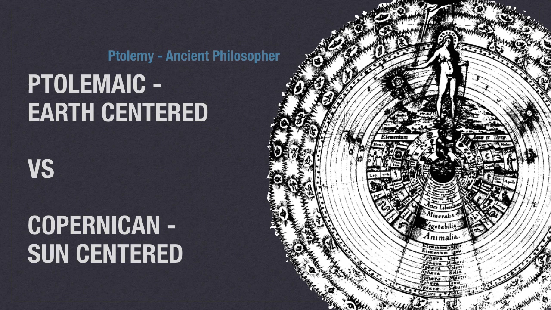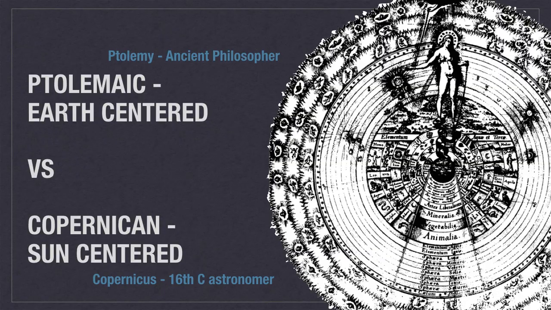The alternative, the view of the universe that we have today, or at least of our solar system, is that the sun is at the center, and we call this a Copernican universe, one where the planets revolve around the sun instead of the sun and the planets revolving around Earth. In the Ptolemaic universe, the stars also revolve around the Earth. The entire universe is centered on the Earth. We call it Copernican from Copernicus, who's a 16th century astronomer. Copernicus came out with his revolution in